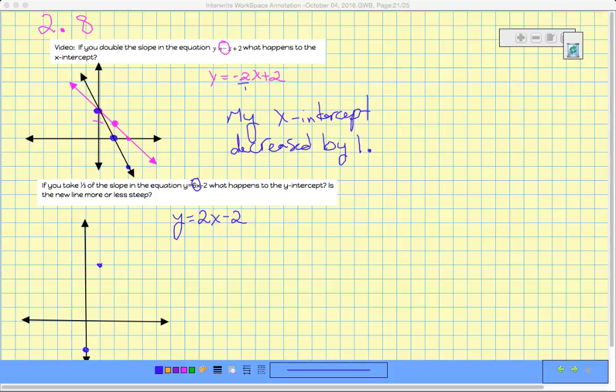So it's a very steep line, like that. Then my second one, we start at negative 2 still, but it goes up 2 over 1. Up 2 over 1. So hopefully what we can see is this line is